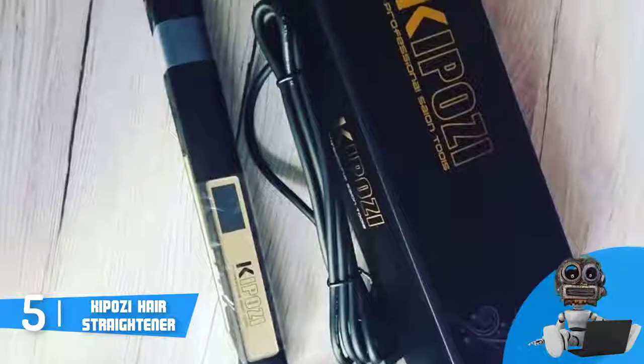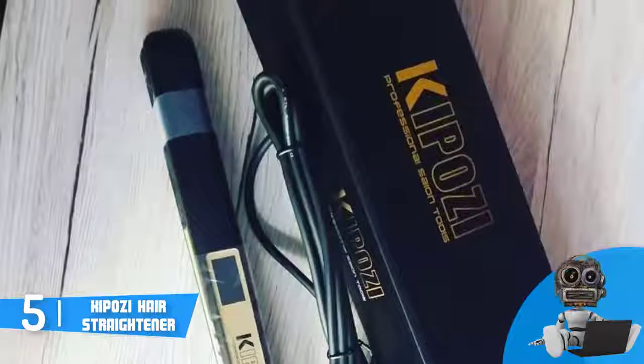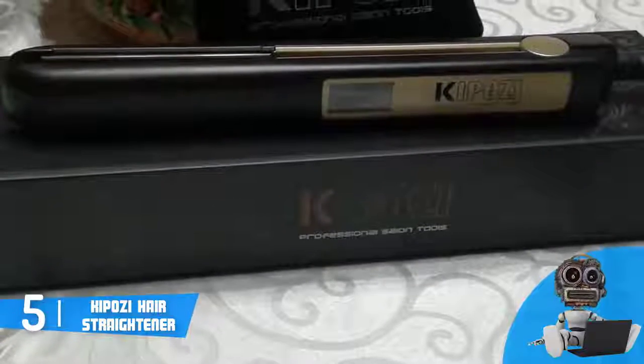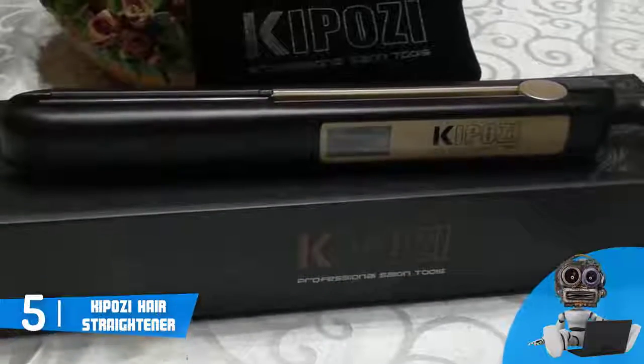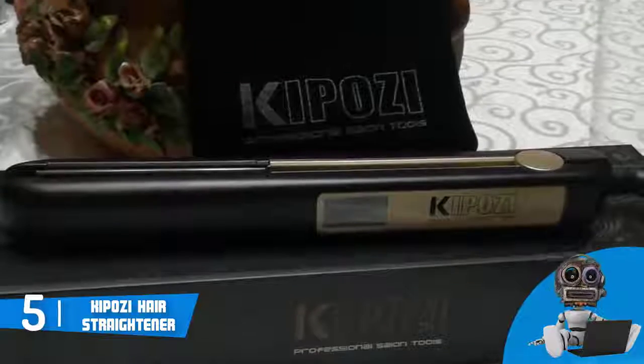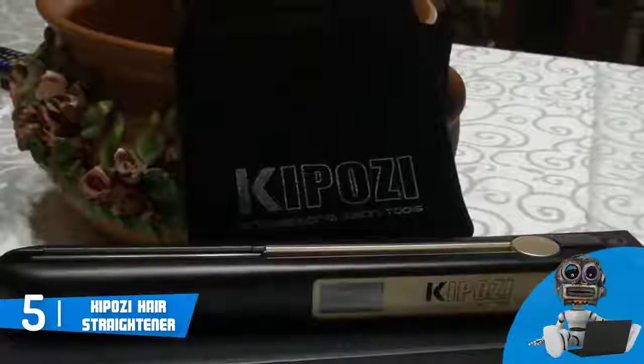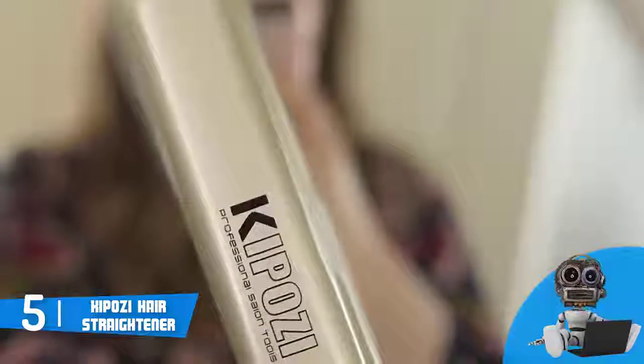This hair straightener is mostly targeted toward people that just want to have their hair straightened, and that's why this product features 1-inch plates. This makes the hair straightening process much easier and faster, but on the other side it makes styling a bit harder. One thing I liked a lot about this hair straightener is that it has a 60-minute auto shut-off feature